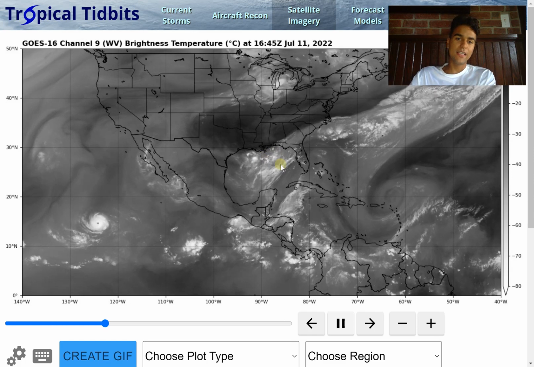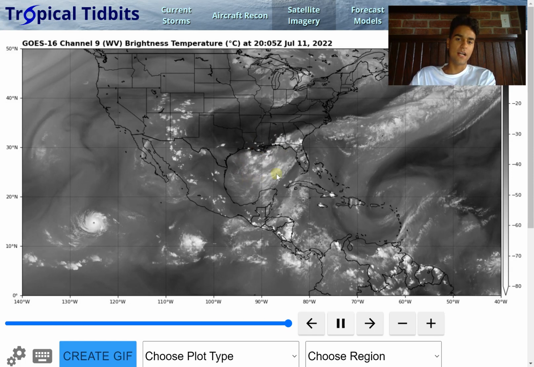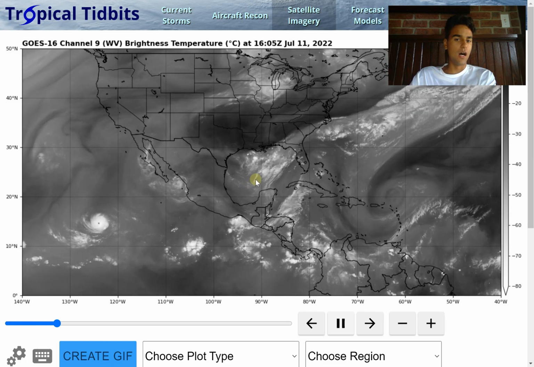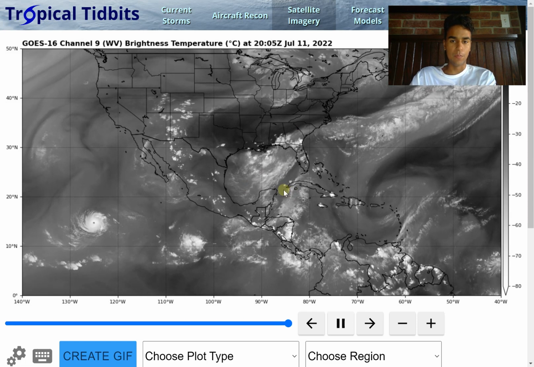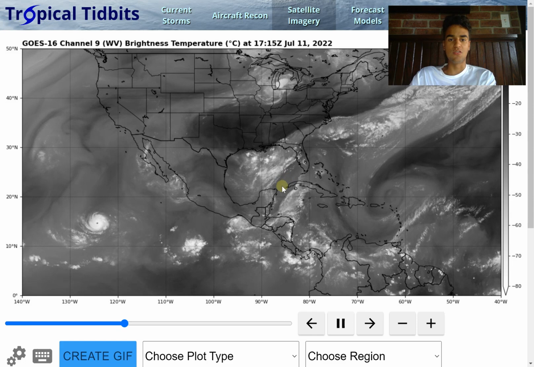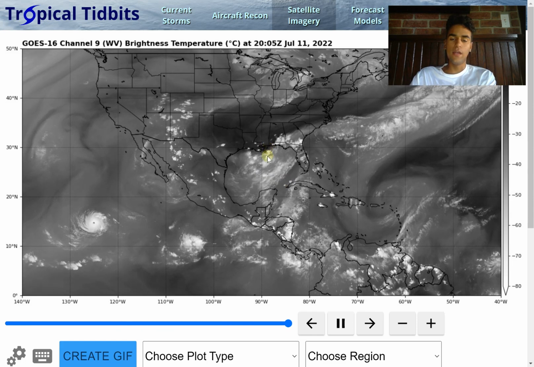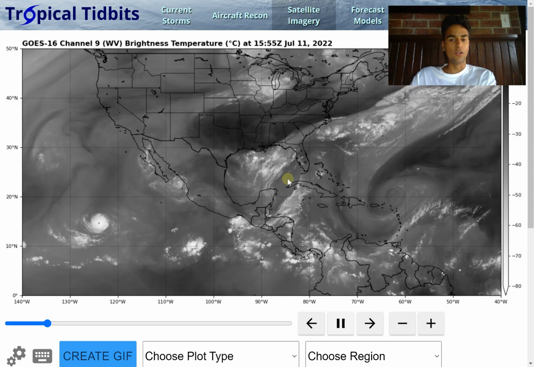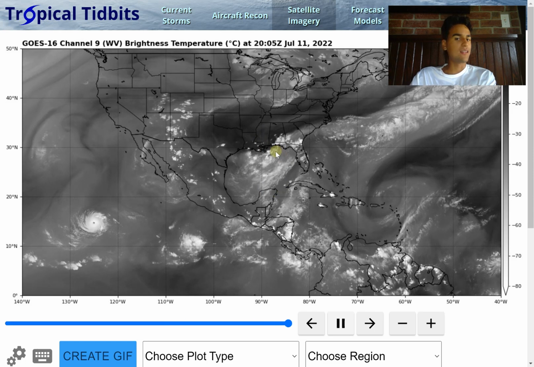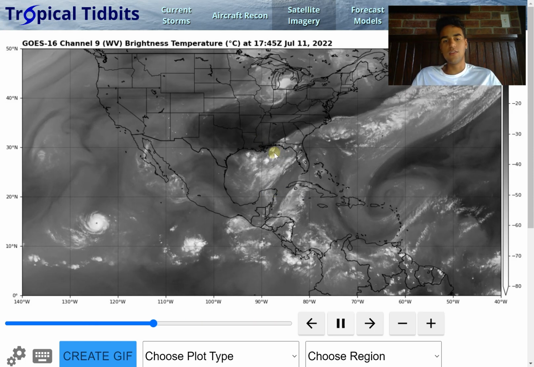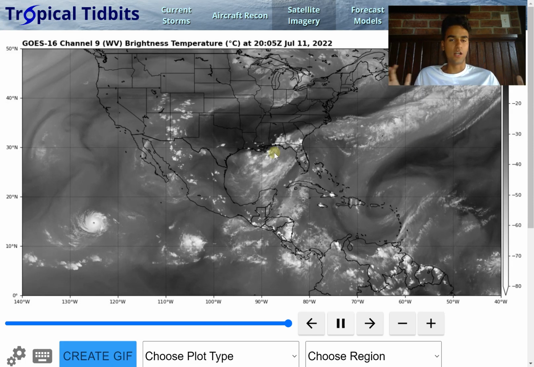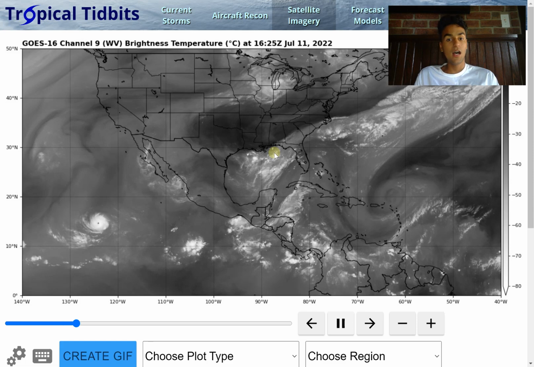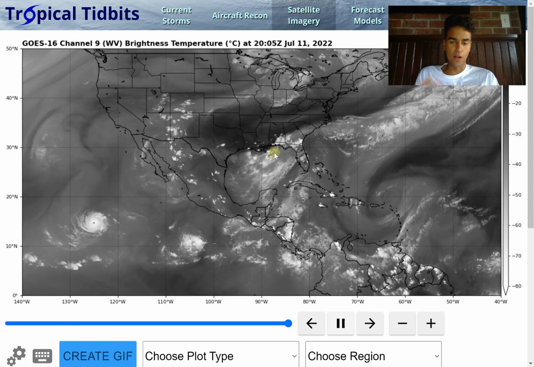So take a look at it, you see that it's very disorganized right now. We do see the clouds pretty much drifting towards the southwest at this time. We do have an upper level trough located just to the southeast of it, so it is disorganizing it enough to where we aren't seeing a well-defined center of circulation at this time, and we aren't seeing the thunderstorm activity or the convection pretty much propagate over one area,